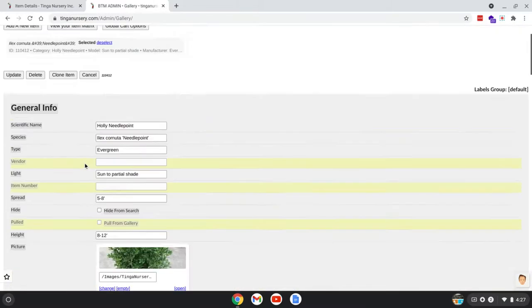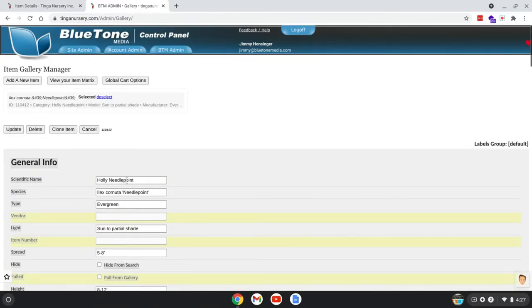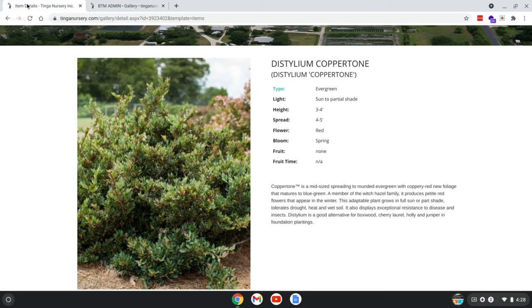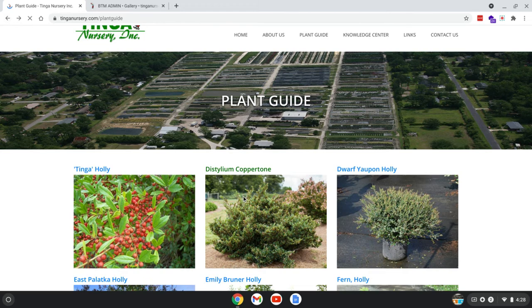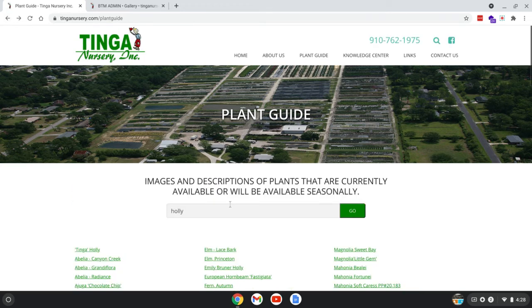Let's actually go find this one. What was it? It's needlepoint, holly needlepoint. So if we go back and we do a search for holly needlepoint,